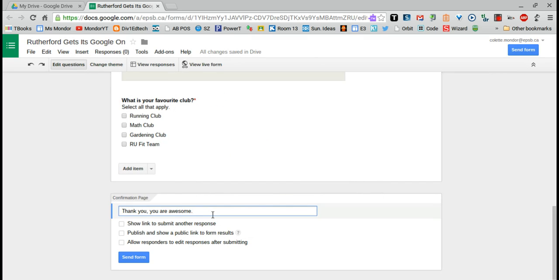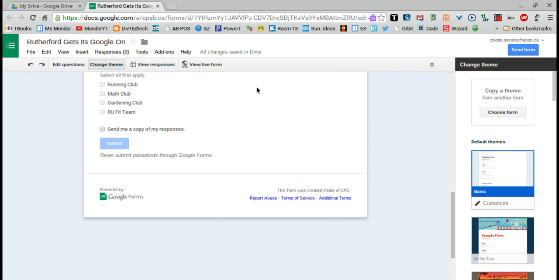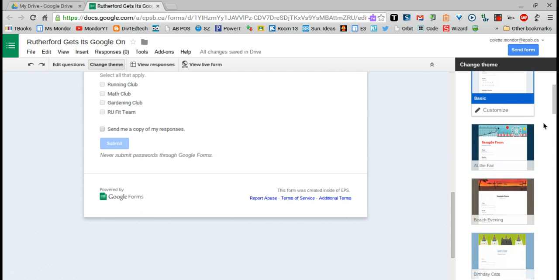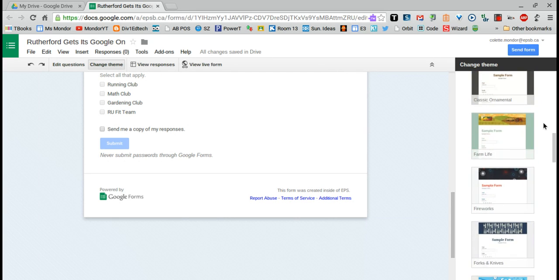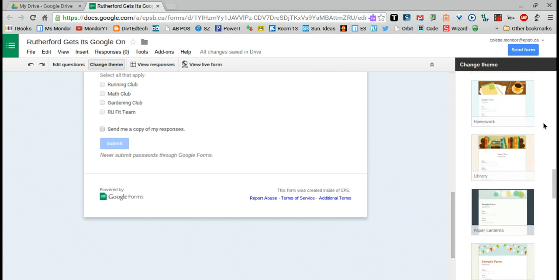Done. But I'm actually not done. There's a few other things that I can do. Right now, I'm working in the editing questions. I can change the theme, how it's going to look for my viewer, by clicking Change Theme. And on the right-hand side, I will get some options. Simply find the one that fits for you,